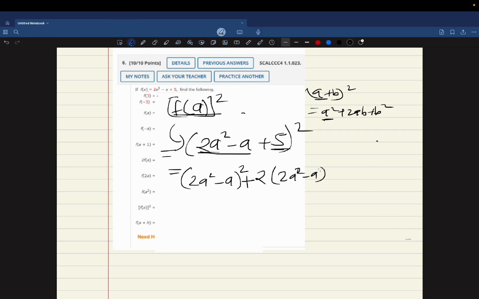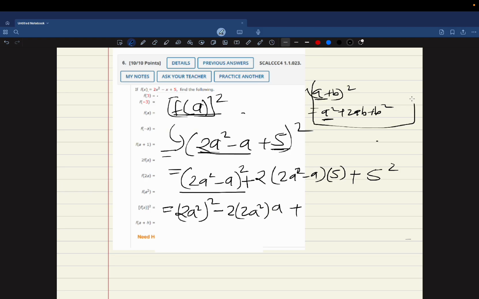Okay, now b will be 5, so multiply by 5 and then plus b square is also 5 square, so that's easy. So now here also we need to apply the same formula. It is a minus b whole square. So a will be 2a square, so let's do 2a square, and then you can see here is a square also, so we need to apply that square, and then minus 2 and then a means 2a square, and then you can see b means a, so we can just put a, and then plus